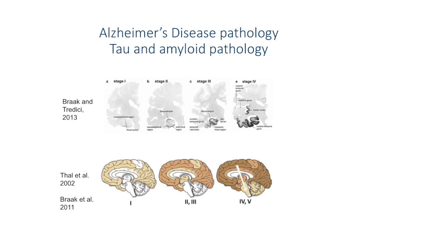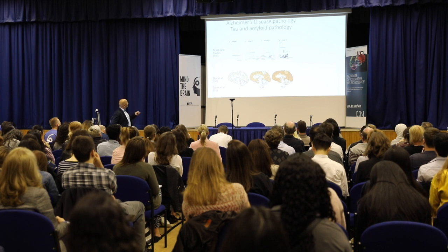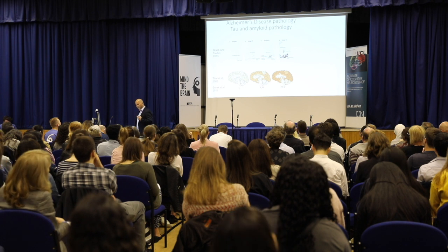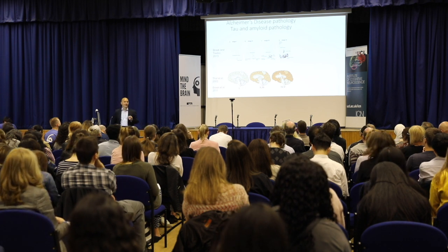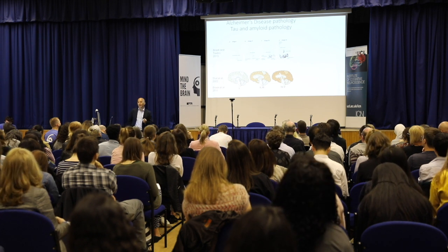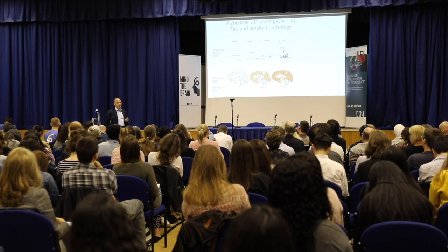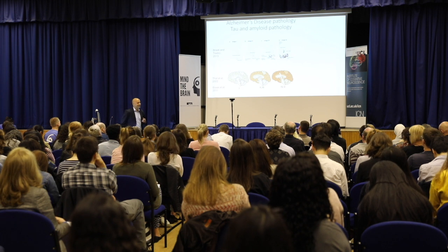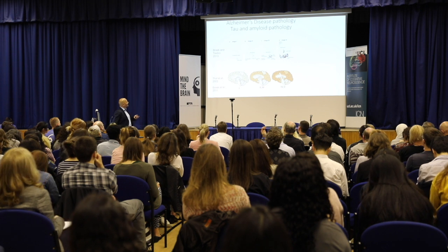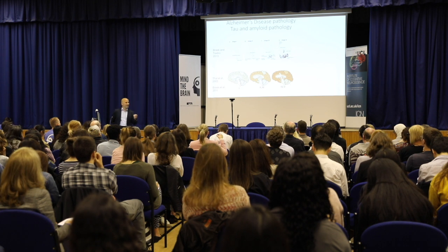And we know a lot about the accumulation of these toxic proteins in the brain, particularly by the work of Heiko Braak. This was a really dedicated pathologist. He's now retired. He worked in Germany. And he just looked at brains of individuals who passed away for all sorts of reasons, not just because of dementia, but it could be a heart attack, it could be a car accident, or whatever. And he looked at thousands of these brains, and he mapped out where in the brain he would see these toxic proteins accumulate or